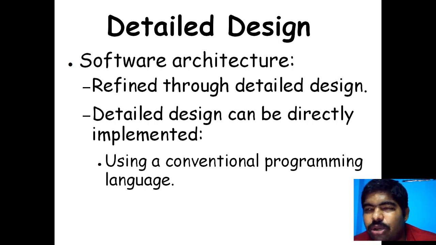So for that, based on the operations and based on whatever logic we need to represent there, we also go with a conventional programming language. With what programming language we can make those operations run successfully, that is also evaluated or identified in this